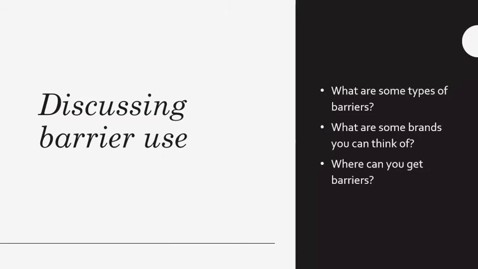All right, so now we're going to discuss barrier use. So there are lots of different types of barriers. We'll talk about some more as we go, but there are both latex and latex-free barriers. They also have all different kinds of condoms. They have glow in the dark, they have flavored, they have ribbed, they have fire and ice, pretty much anything that you can imagine. They also have different brands of condoms. They have Lifestyle and Trojan. Internal condoms are called FC2, which is the brand that people most commonly know about. So there are, again, lots of different brands.